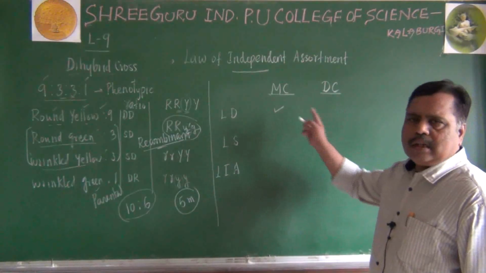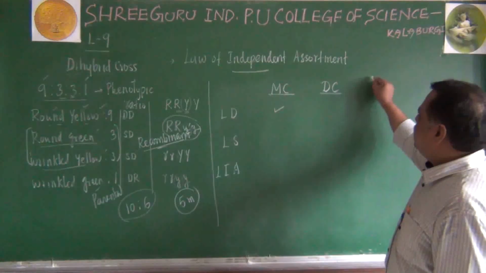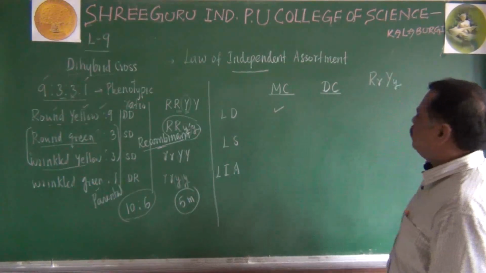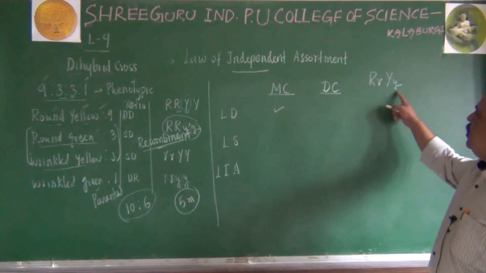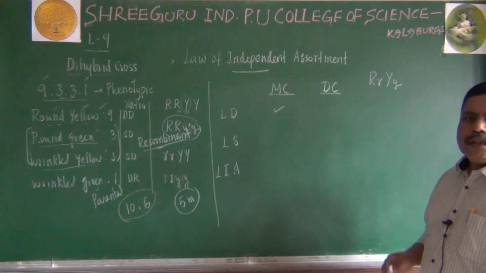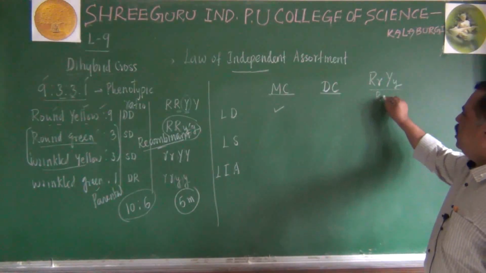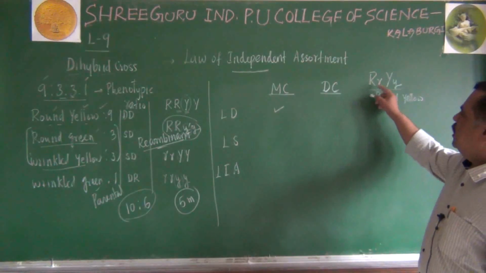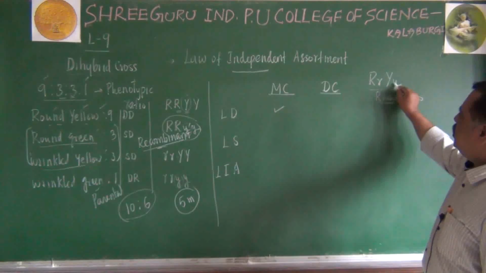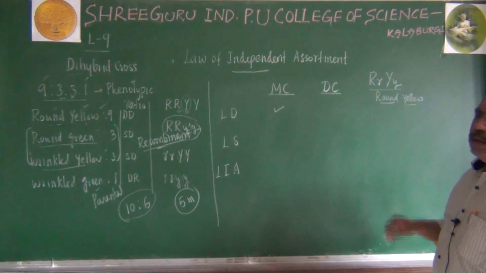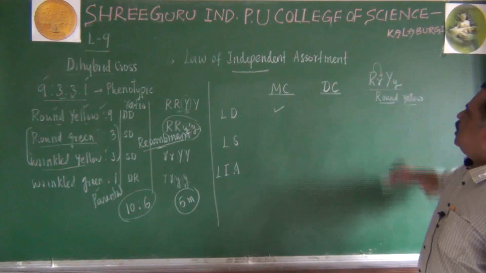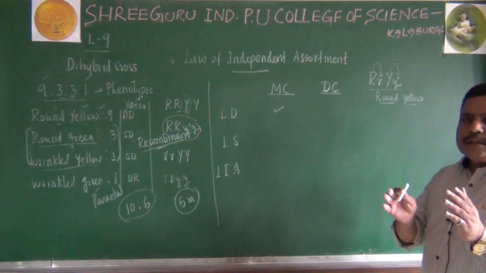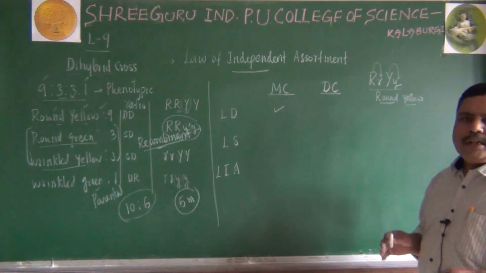Similarly, whether the law of dominance is applicable to dihybrid cross or not, let us check here. Imagine in a dihybrid cross, what hybrid are you getting? Capital R, small r, capital Y, small y. Is the law of dominance operating here? It is operating. This individual will be round yellow phenotypically. Even though it has a small r, it has become round only. Even though it has small y, it has become yellow only. So what is the meaning? Capital R dominates over small r. Capital Y dominates over small y. Alleles of the same character will dominate. I told you.